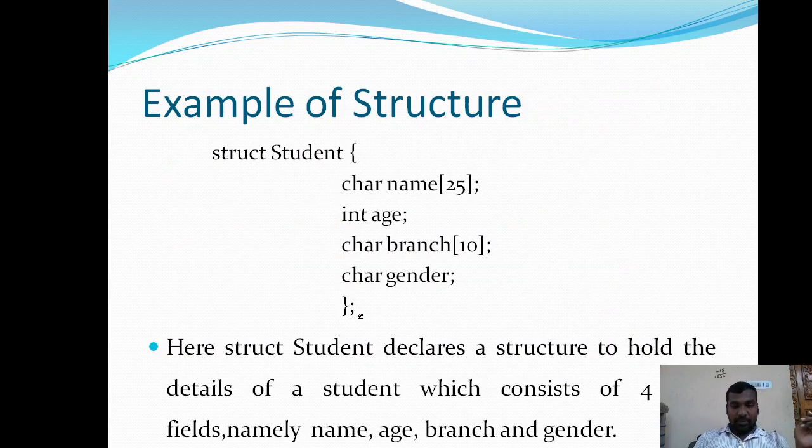In this example, you can see that the entire definition of the structure is terminated by a semicolon. Here is a student structure, where student is the name of the structure. It is created using the struct keyword, followed by the structure name or structure tag name.